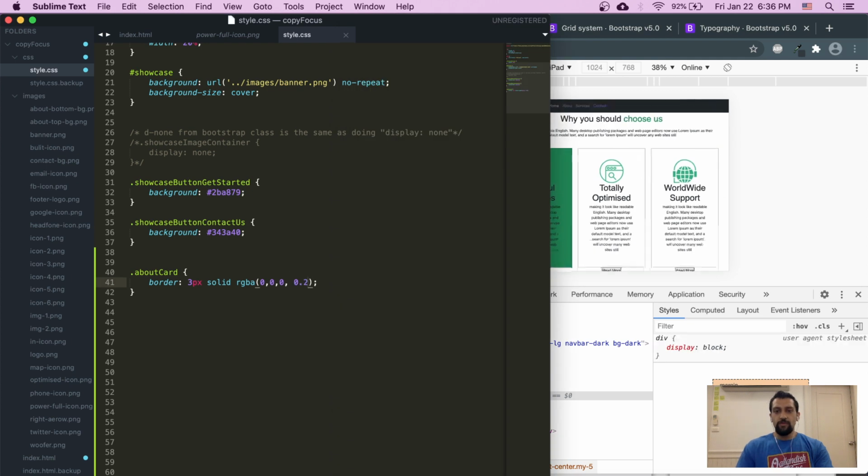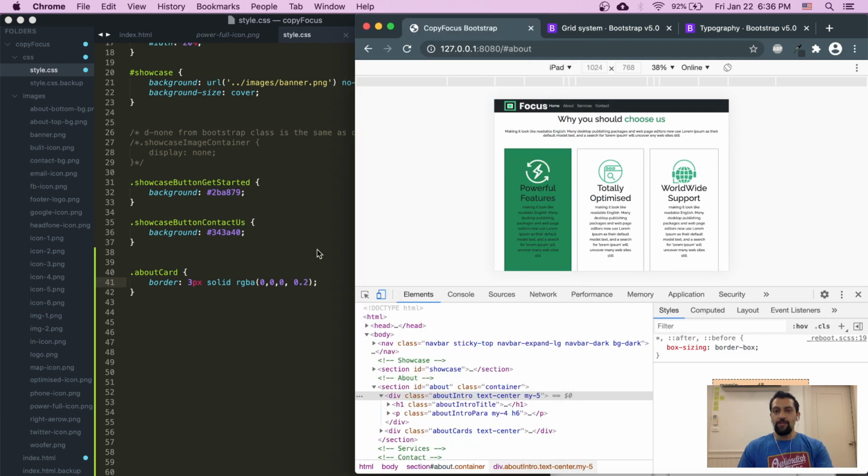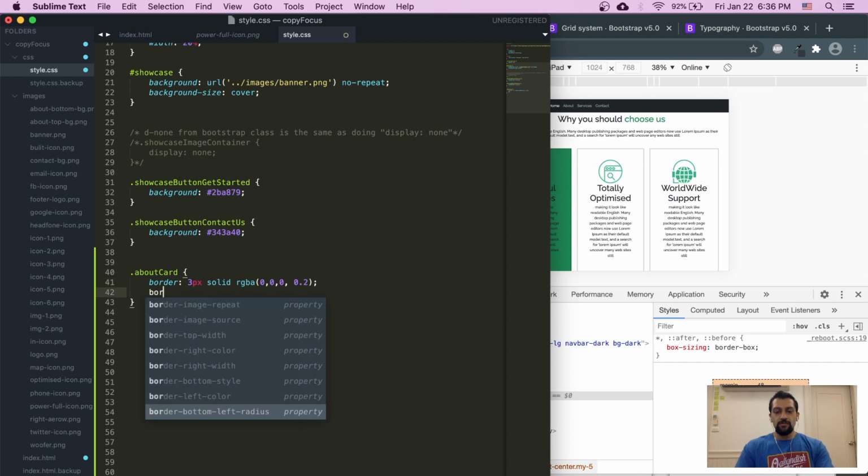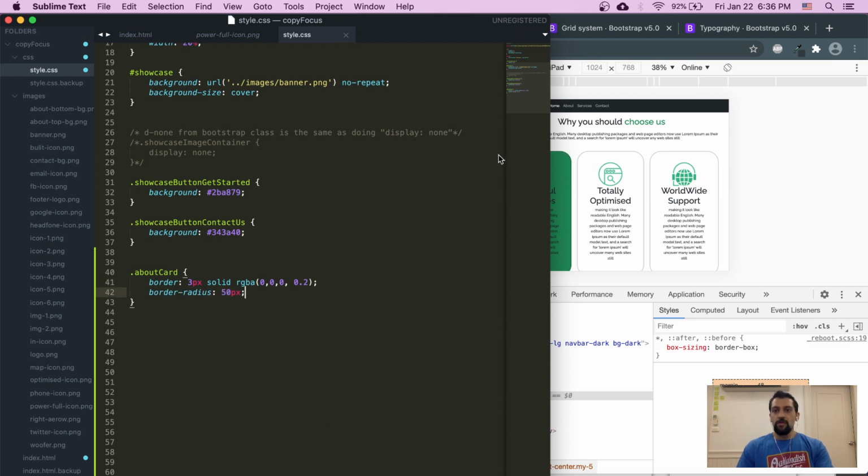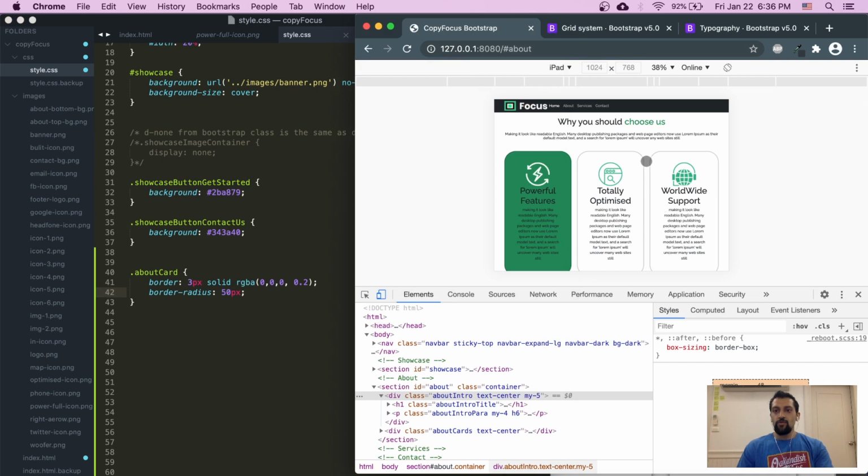What I want to do is maybe make it a 0.2, much lighter. Let border radius change, border radius up to 50 pixels, and it changes to rounded corners. Now it's hard to get this level of rounded corners